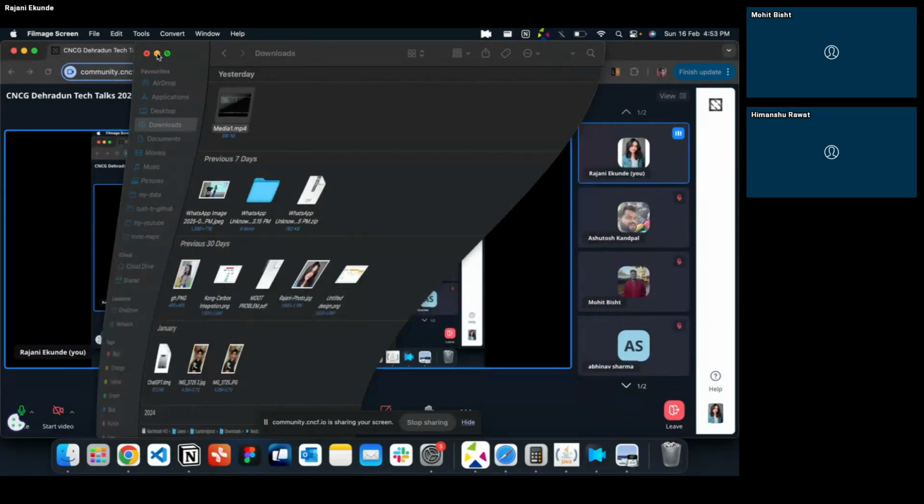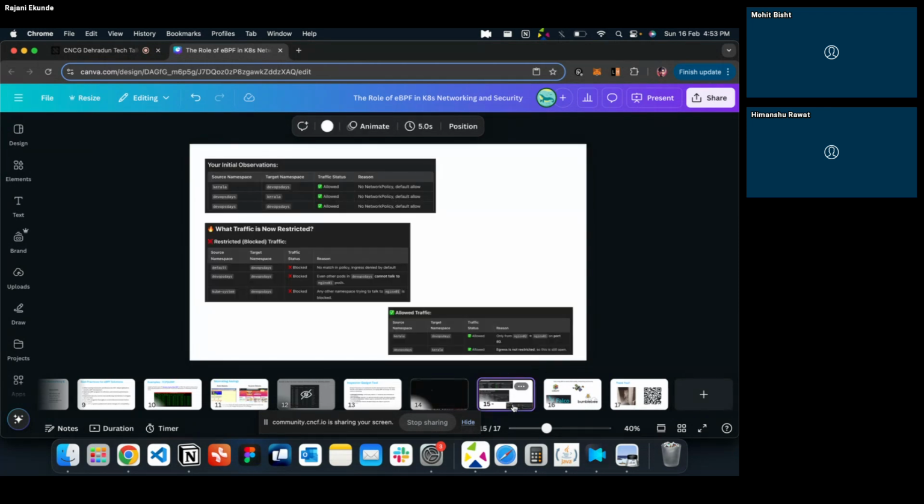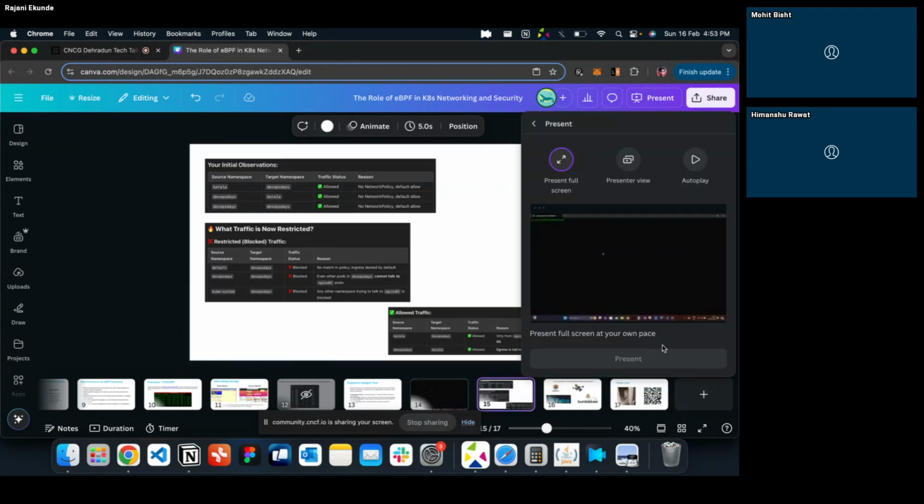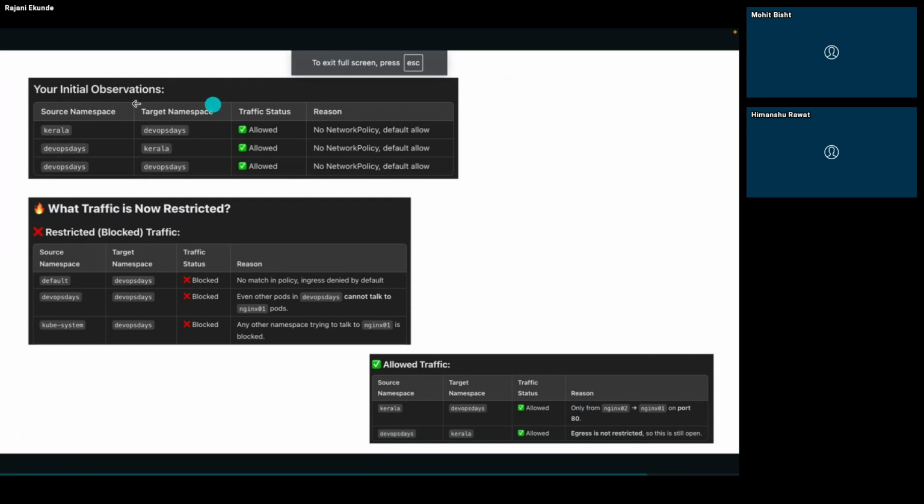Okay, so this was the demonstration I had. I have two more slides. Okay, so this slide you can see. This will basically tell what was the initial observation that we had, and what is the situation once we created that network policy. So what is the scenario now? Before, you can see we had these three namespaces here, Kerala, DevOps trace, and this, okay, this got repeated, I guess. So this was the target namespace we had,